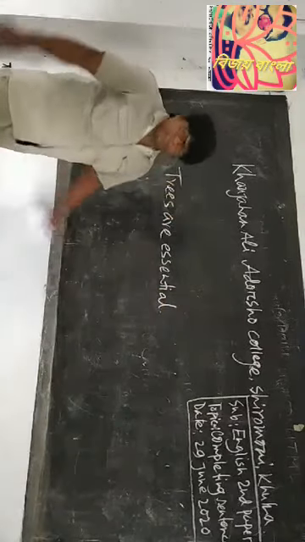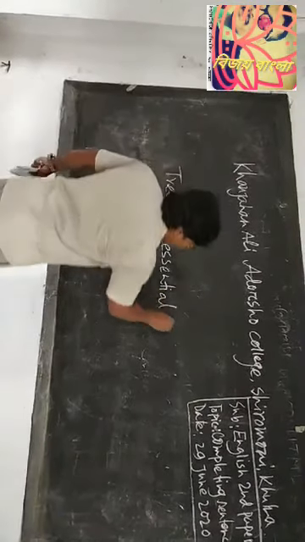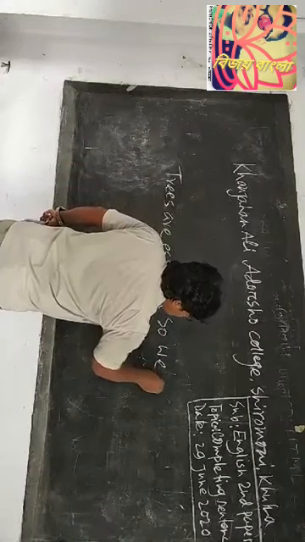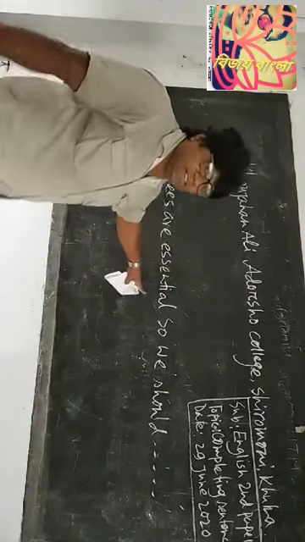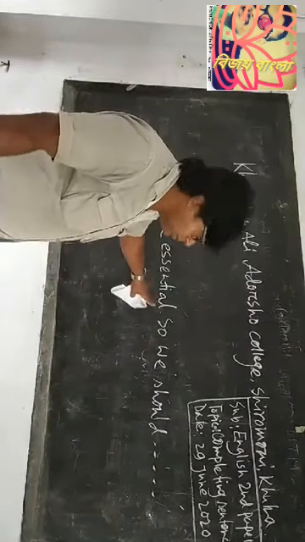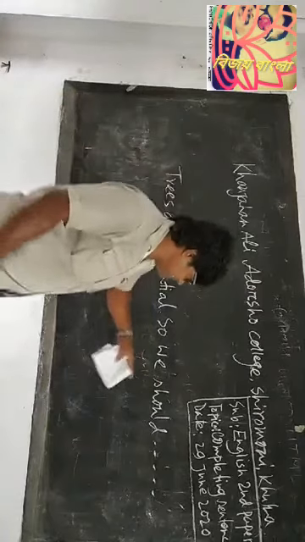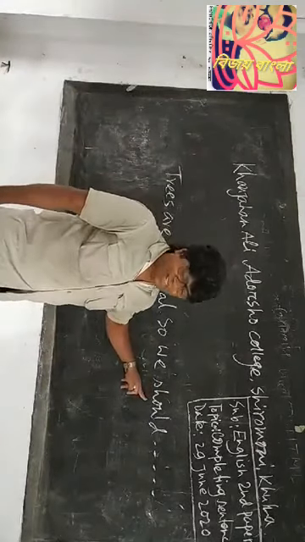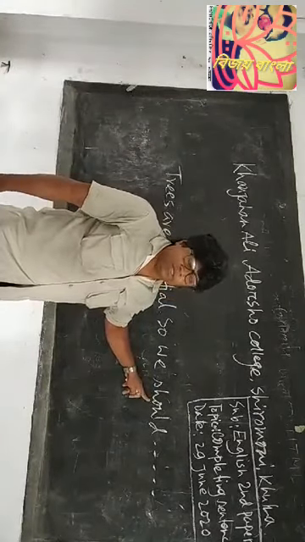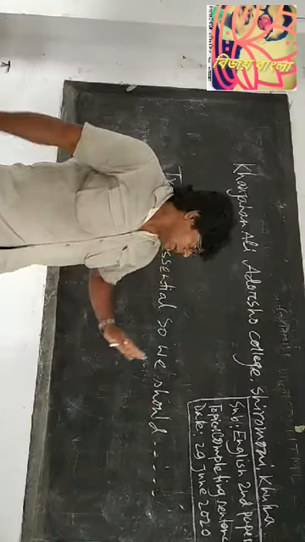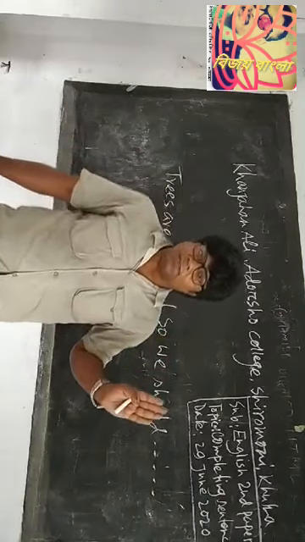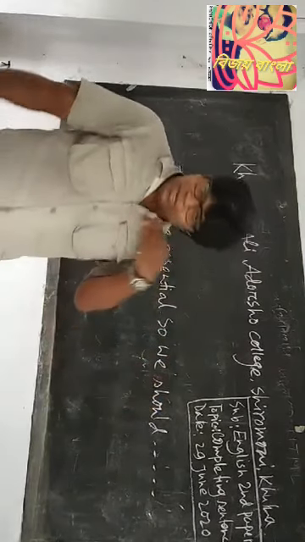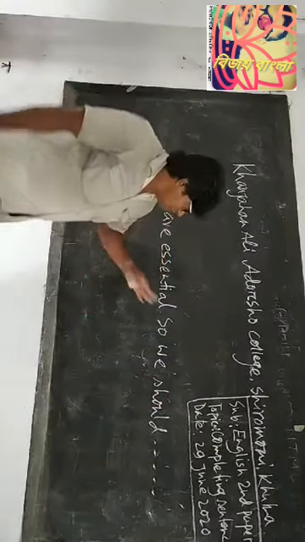Trees are essential. So, we should. Look, trees are essential. So, we should. Here the sentence has ended with a modal verb. And we all know after a modal verb, a base form of verb is needed. So, we are bound to write: so, we should